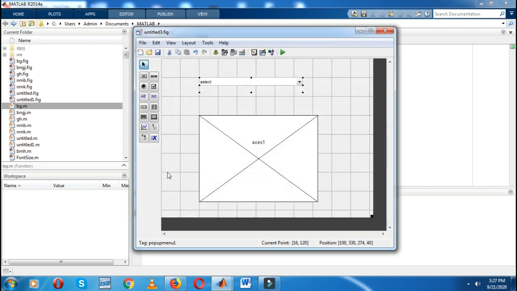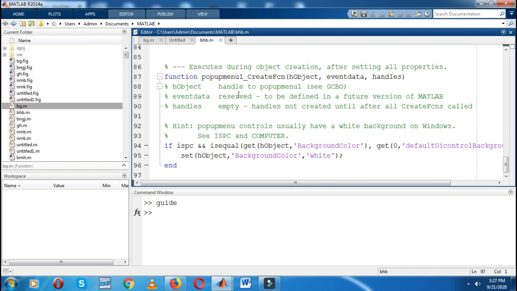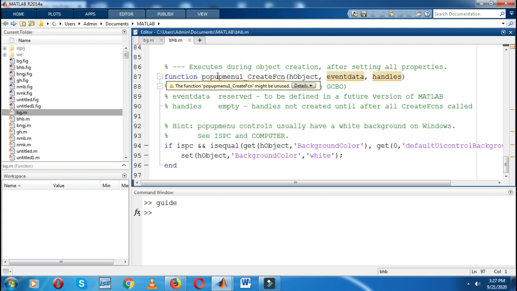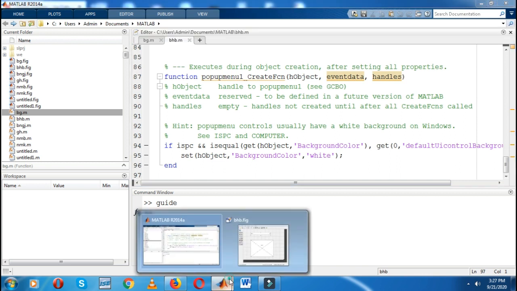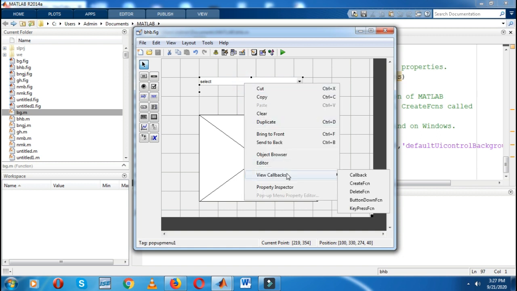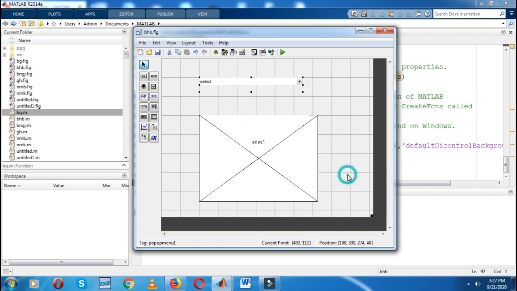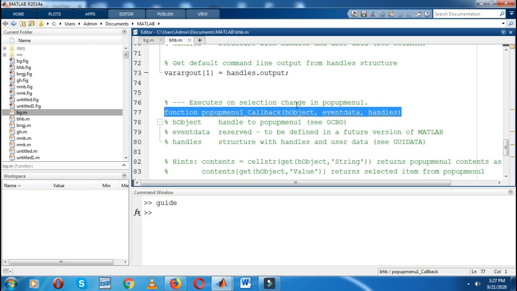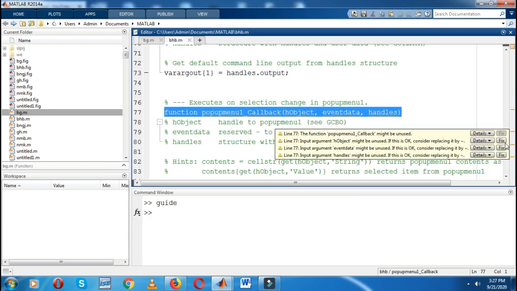Whenever we save with .fig extension, that graphical user interface automatically generates one .m file, where we have to write a program. So how do we decide where we have to write that program? Simply click on that pop-up menu and click on View Callbacks. So you can see we have to write a program under this particular pop-up menu.